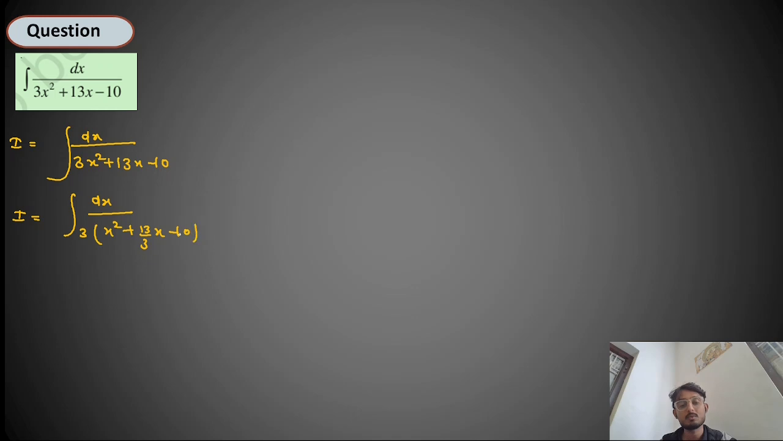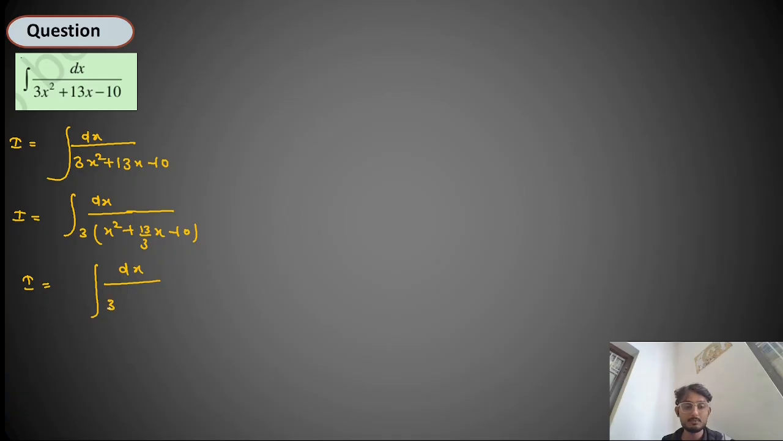Now what will you do? The coefficient of x is 13 upon 3. So you add and subtract the square of half of the coefficient of x. Half of 13 upon 3 is 13 upon 6. So we add and subtract the square of 13 upon 6. Okay, so you will get I equal to dx upon